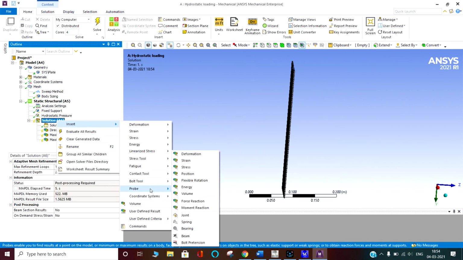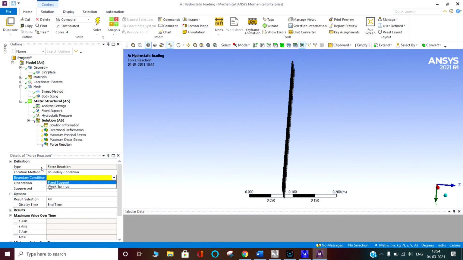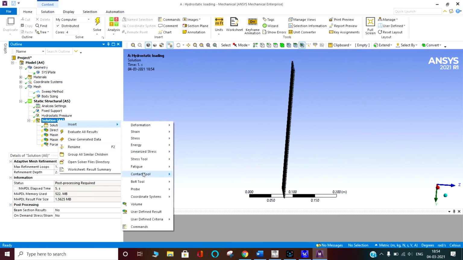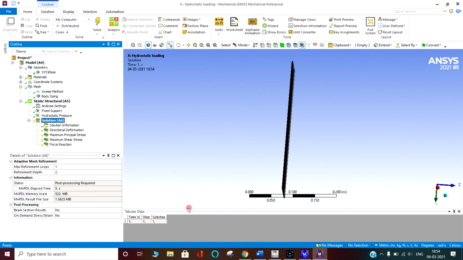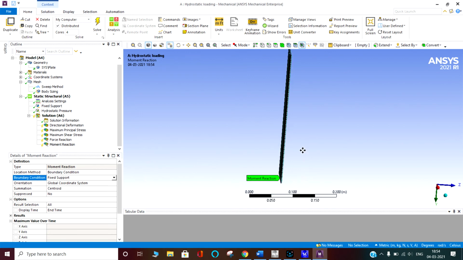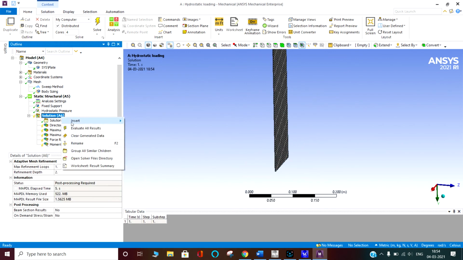In the probe we can find the force reaction at the fixed support. Sorry, we don't have the weak spring, we have the fixed support. And we can put a probe again to get the moment reaction at the fixed support. So let's see what is going to happen.